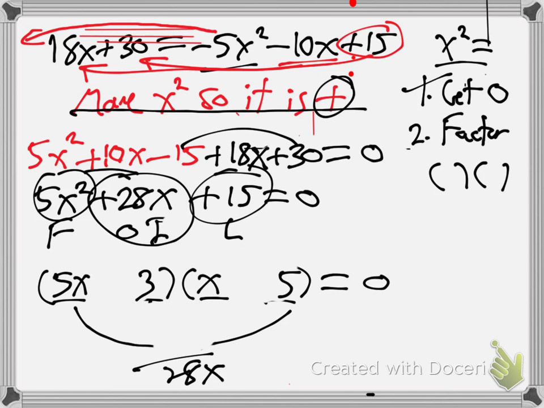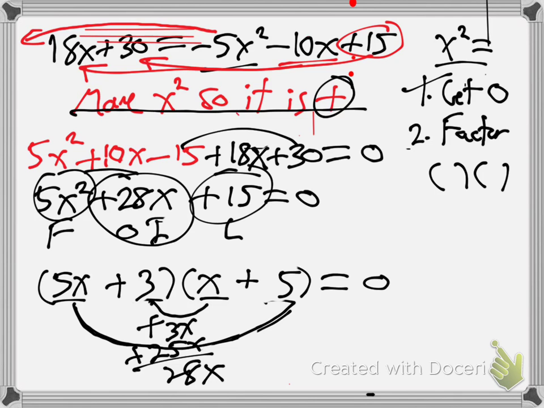And say, okay, let's try it again. So we still have front times front making 5x squared, and last times last making 15. But now the inner is 3x, and the outer is 25x. You see, they make 28. When they're both positive, they add to be 28. So that's the right combo. They've got to both be positive like that. All right, so now